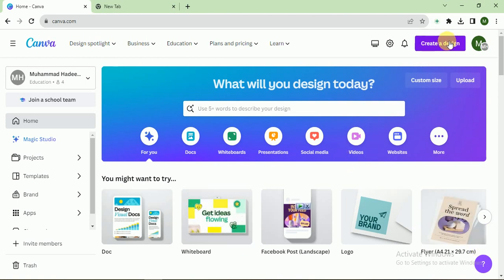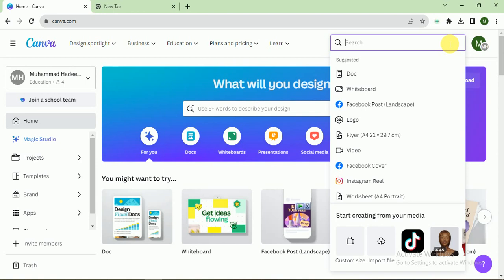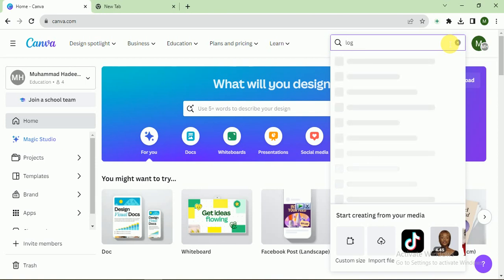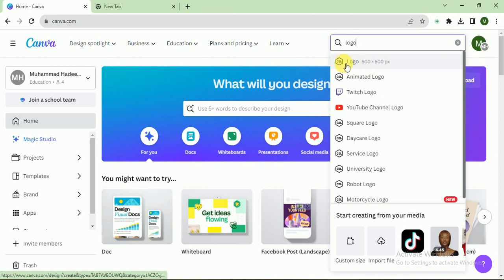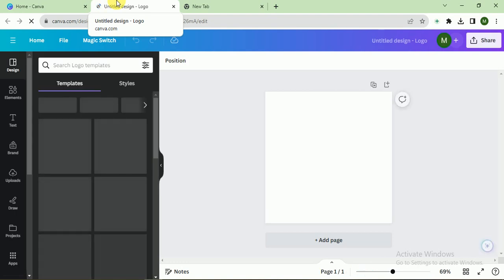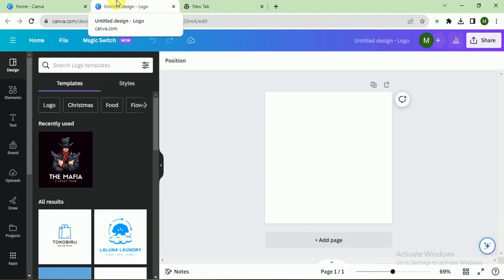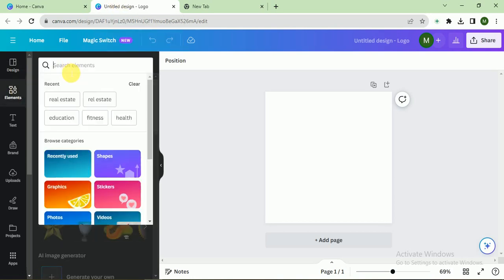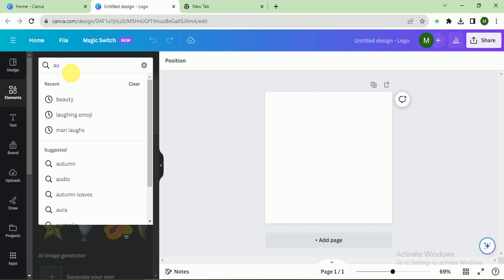So I click on create a design, and here I search logo. The most common format is 500 by 500, but if you work for a client, make the logo according to the client's required size. So I click on elements, and here I search automotive,